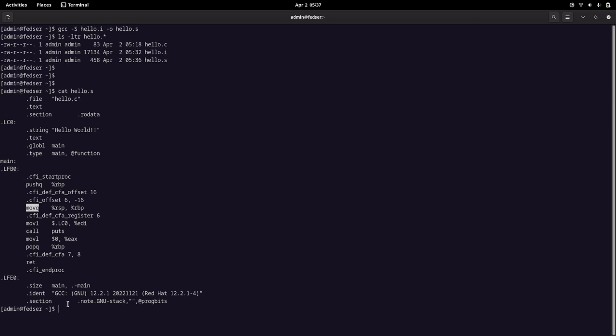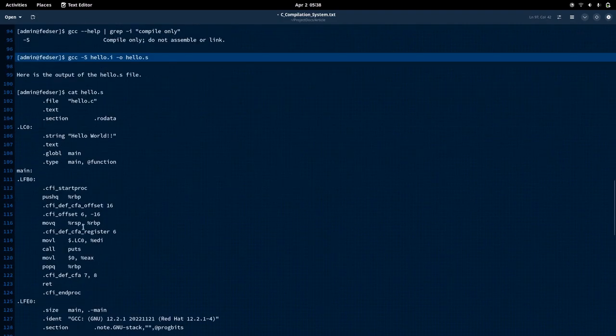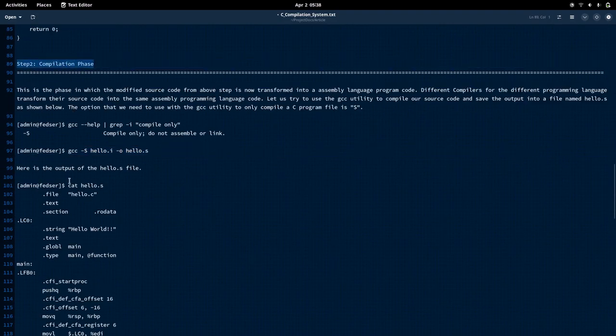This is how we can convert our human readable source code that is written in ASCII characters to a code that is understandable by the assembler tool. Okay, so let me clear my screen and go into my documentation. We have seen how we can compile our program using the -S option.